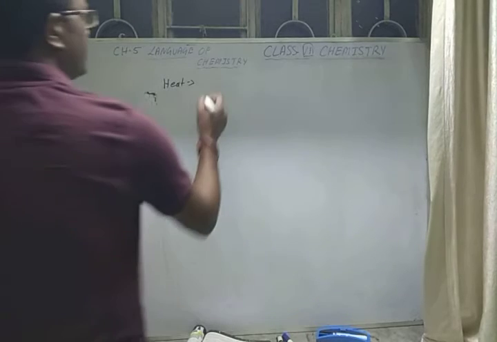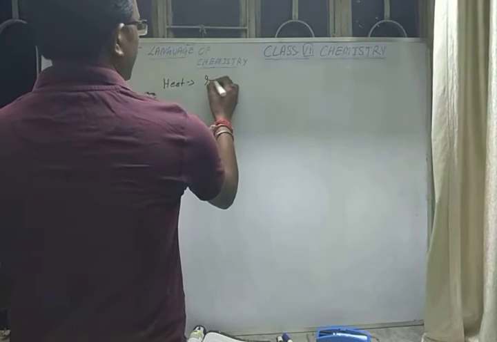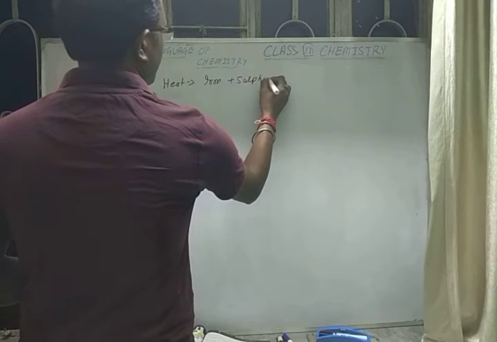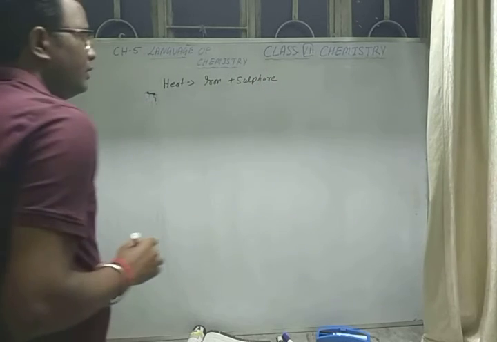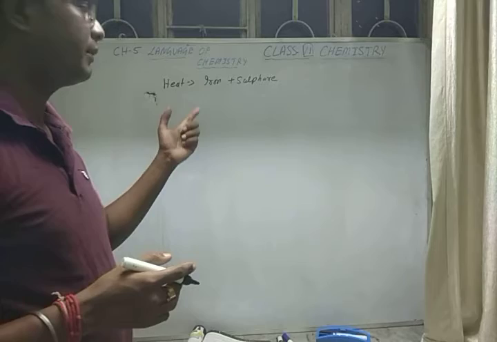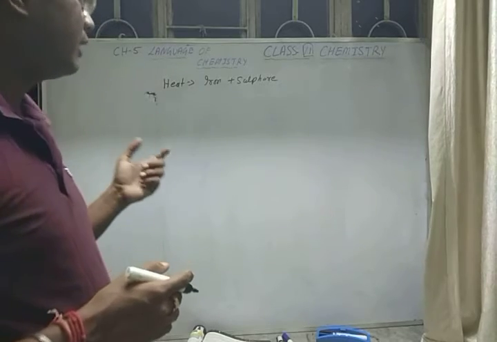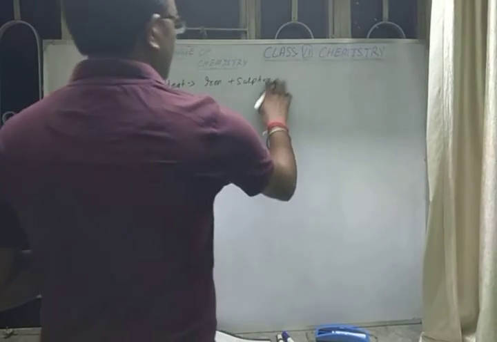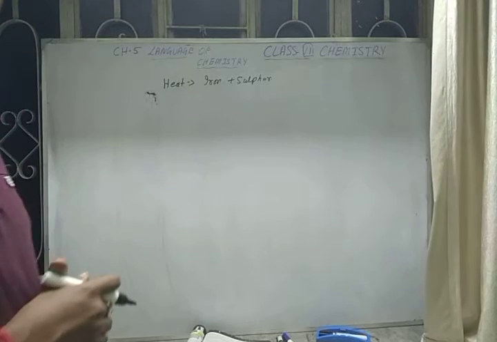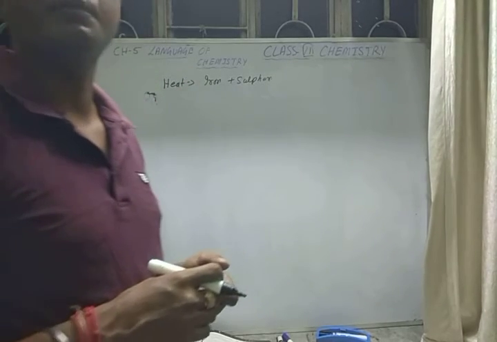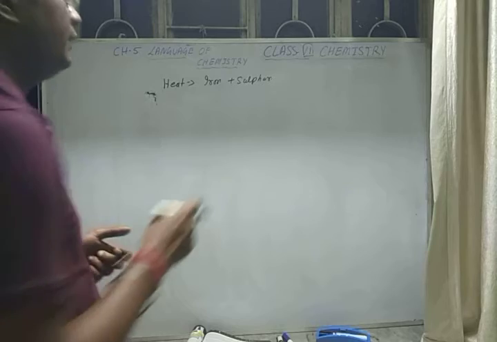Suppose, a very common example, that is iron plus sulfur. When you mix iron plus sulfur together, it is a simple mixture. Why? Because iron can be separated from this mixture by using a magnet. But if you heat it,